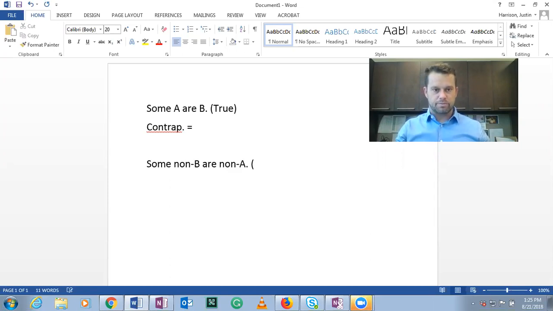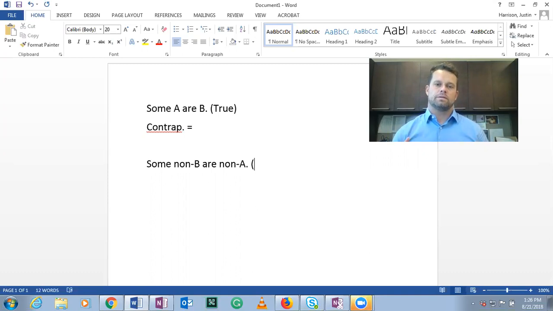All right, now we need to determine the truth value. So in contraposition, and again, you can just go into your book, memorize these things. In contraposition, A and O statements are logically equivalent. E and I statements are not. So what we have here is an I statement because it's some S are P. So we have some non-B are non-A. Don't get non confused with not, as in the O statement. This is an I form statement. And so